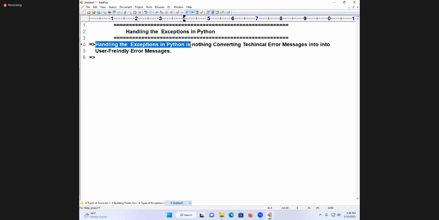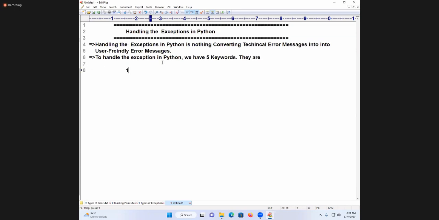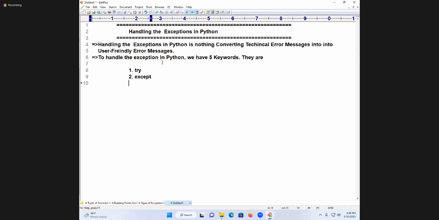Handling the exception in Python is nothing but converting technical error messages into user-friendly error messages. To handle the exception in Python, we have 5 keywords. How many keywords? 5 keywords. They are: number 1, I'm writing try. Next is called what? Except. Third one is else. Fourth one is